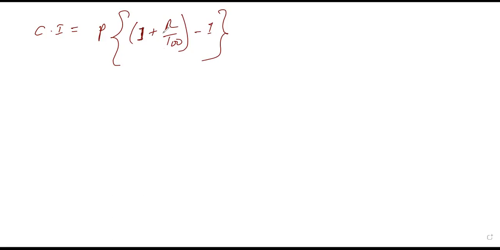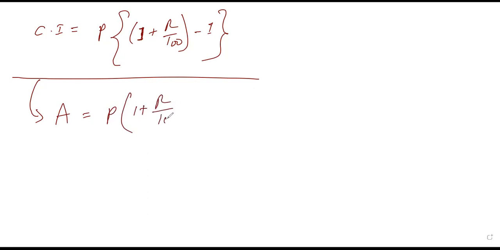But sometimes students make mistakes in this rule. So that's why I don't recommend this one. I would go for the easy one, that is for the calculation of amount. If you go for the calculation of amount, then that is A equals P(1 plus R by 100)^N. Here N I had left out. So in this one, we recognize most of the things. This amount we know, this principal we know, this rate of interest we know. Just this N is new over here. That is the time period. So this is nothing else but the time.